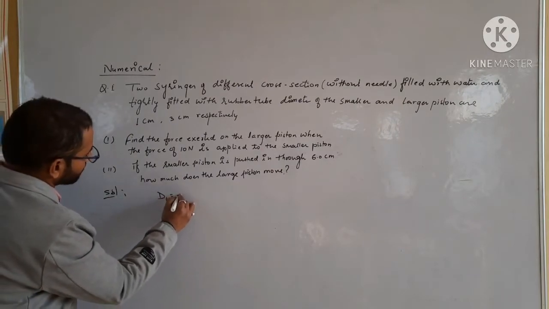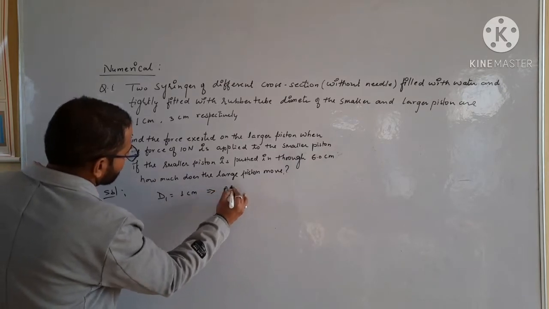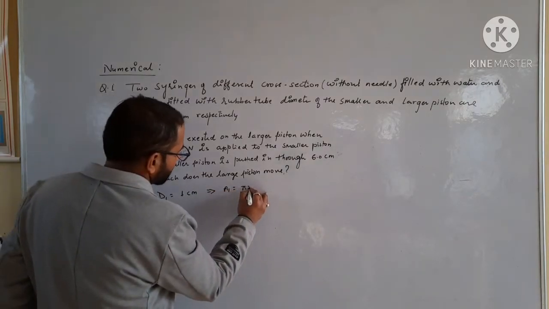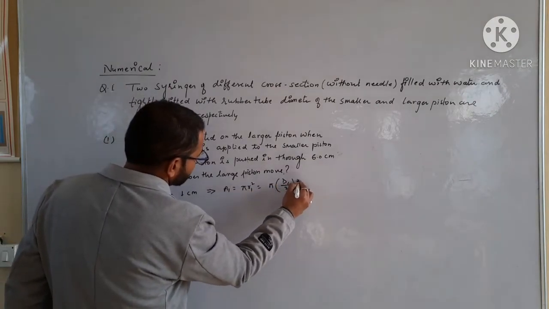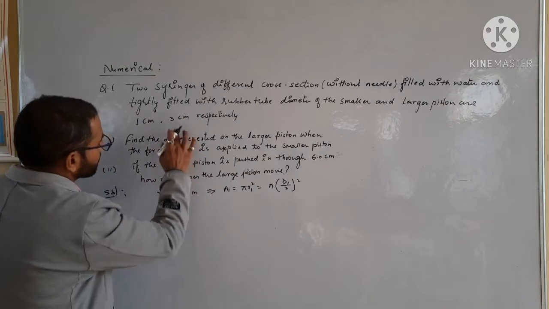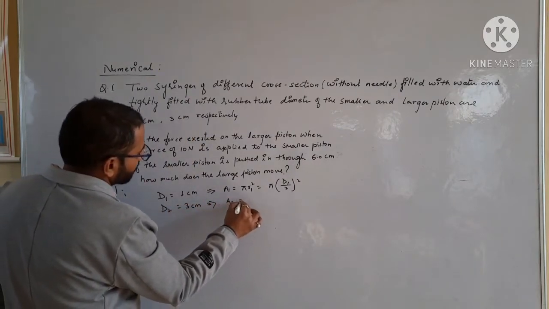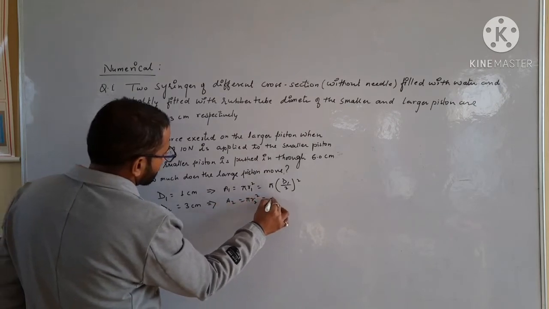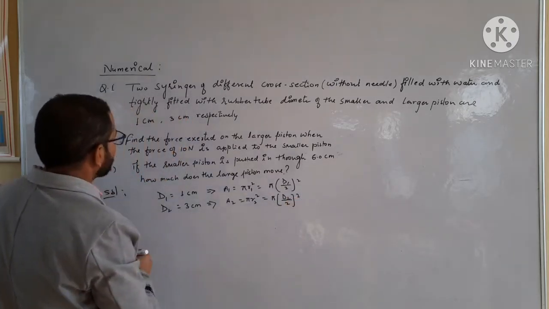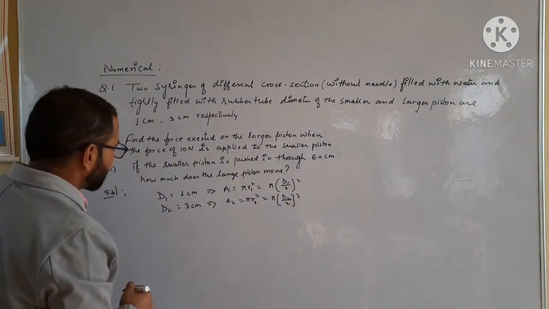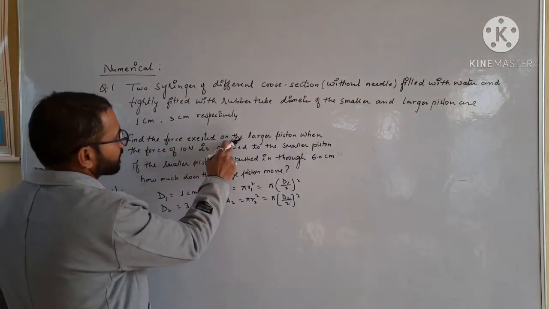So we have the diameter of the smaller piston, 1 cm, which gives us the value of A1, which, as we know, is pi r1 squared. It means pi (d1 by 2) whole squared. And next, d2 is equal to 3 cm, which gives us A2 equals pi r2 squared, which is pi (d2 by 2) whole squared. Point clear? After this calculation, we will easily calculate the first value: find the force exerted on the